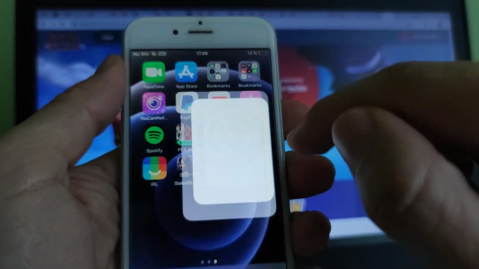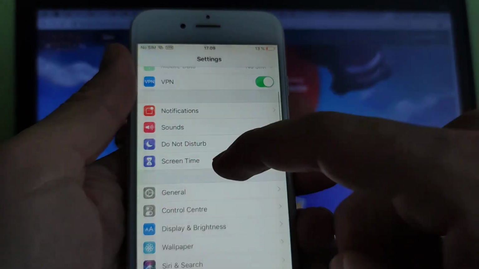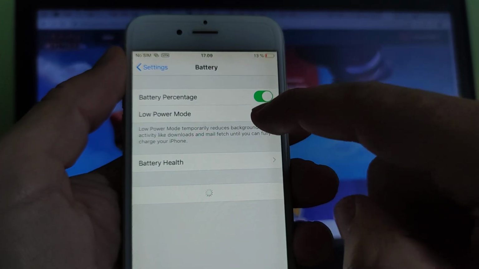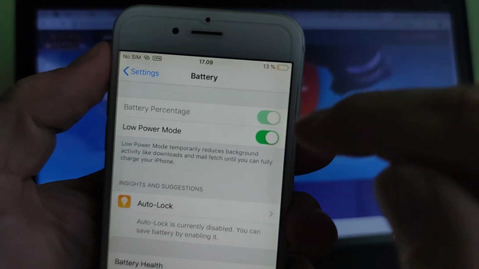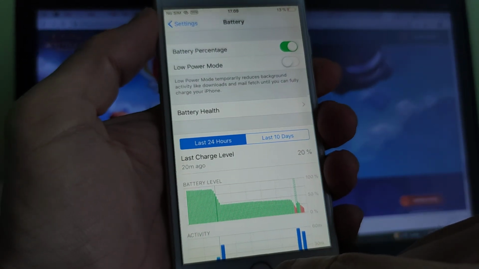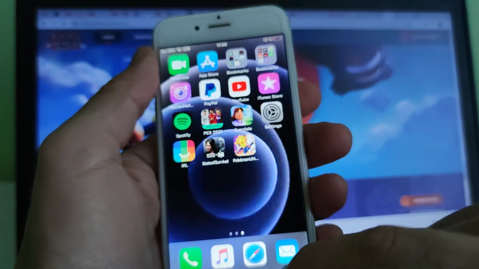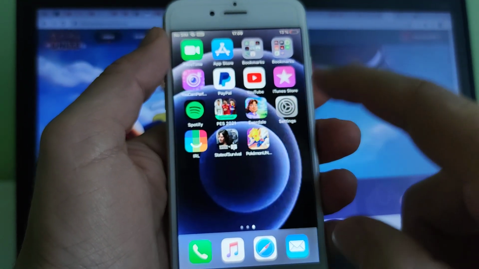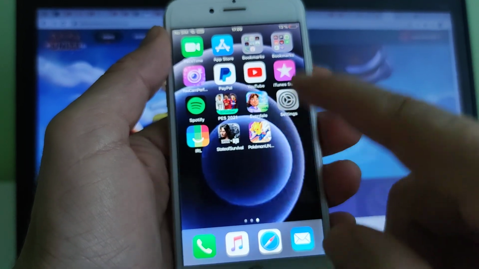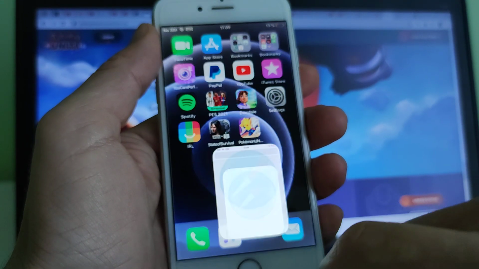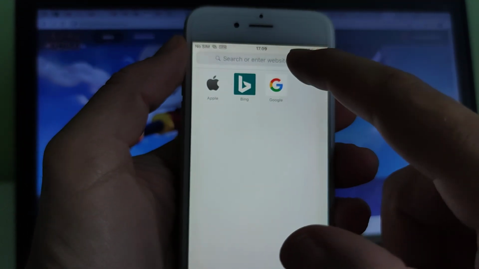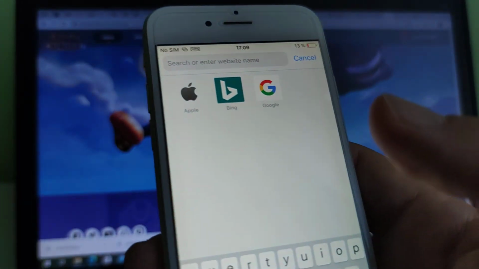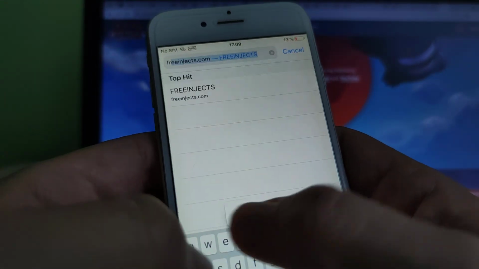Before we start this video tutorial, I need you to make sure that you go to settings and check the battery. You should not be in low power mode, so this sign over here has to be switched off. Then get back to the home menu and make sure that you don't have the low power mode option on. Then you go to Safari or any kind of browser that you use and search for a website called